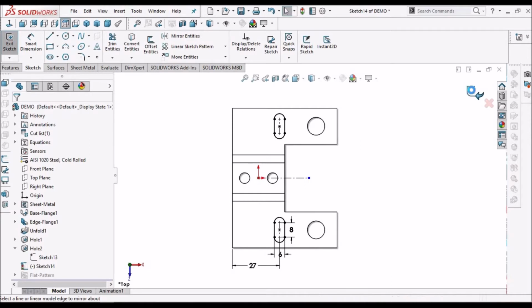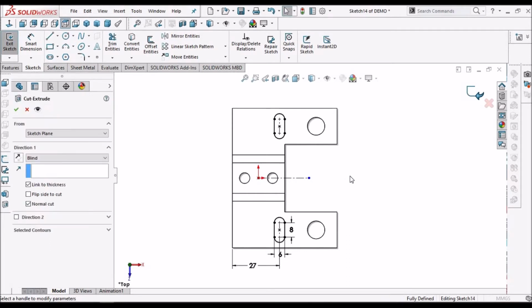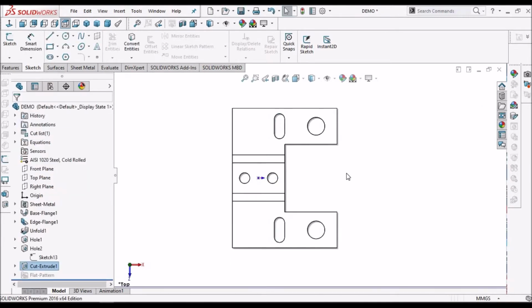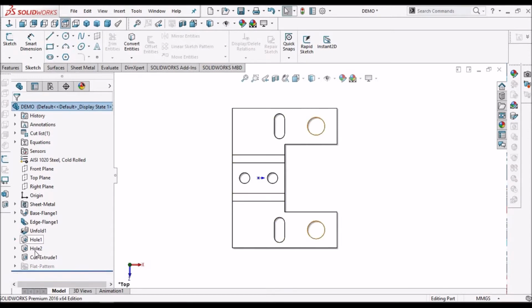So this is slot feature. We have to link to thickness. Cutouts and holes should be created in unfolded state.